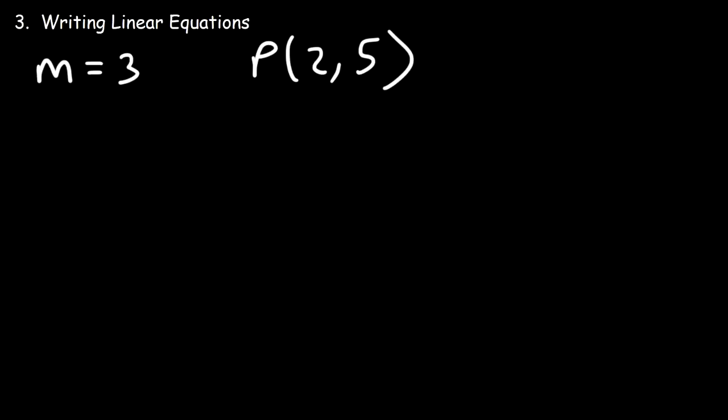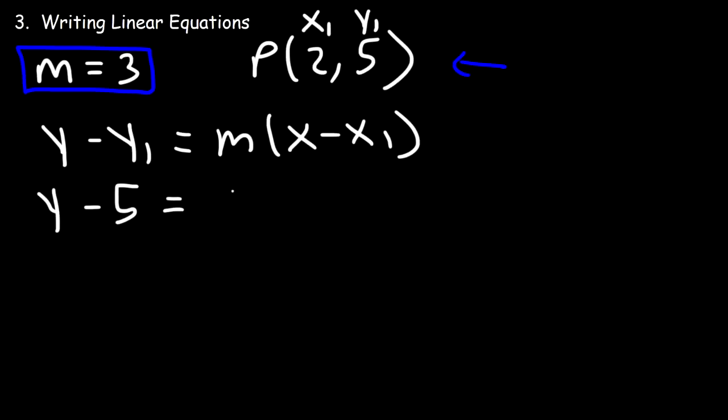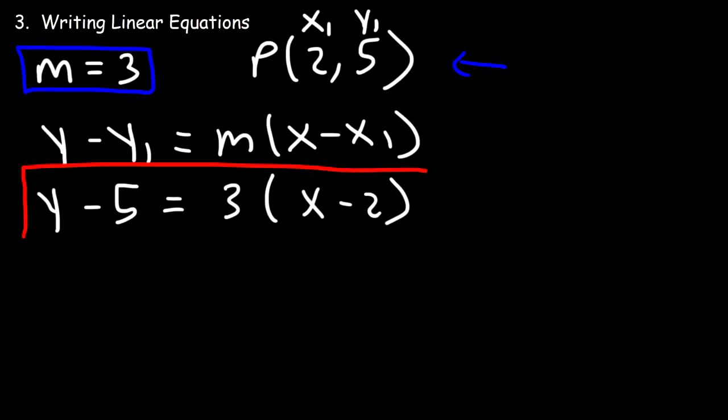Now what I like to do is write the linear equation using this formula, the point-slope formula, because we already have the slope, which is 3, and we have a point. So 2 is going to be x1, 5 is y1. Now let's plug in the information that we have. So let's replace y1 with 5, m with 3, and x1 with 2. So this is the equation in